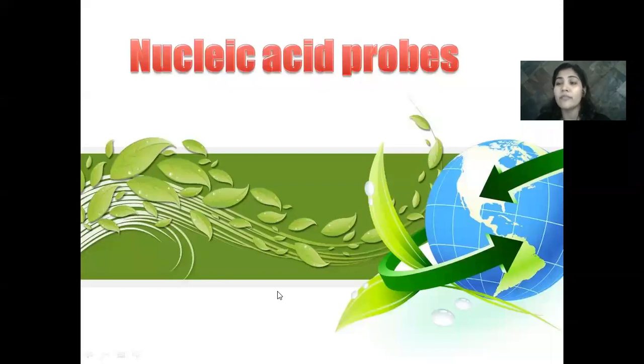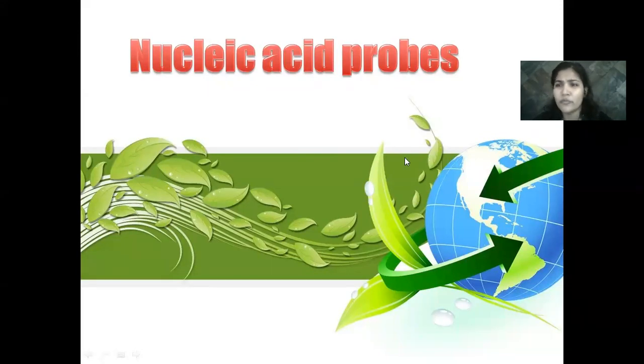Okay, so that is what makes nucleic acid probes very different from others, because a small sequence of nucleotide bases can also be called a primer, right? But we don't need a primer. Primers are just short sequences which are not labeled, their duty is just to go and bind to the DNA so that further extensions can take place, right? So that is what it is.